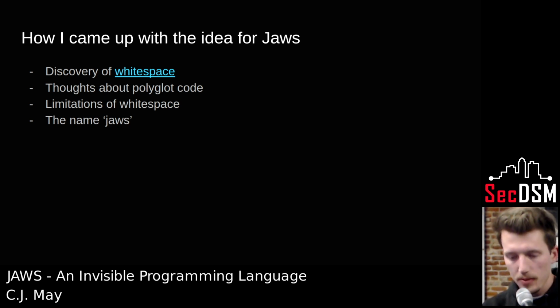The Whitespace programming language was made to be more of an April Fool's Day prank. It wasn't really meant for people to actually use it to do useful things. It didn't even include features to write input and output to files or do any kind of network operations. So really all it could do was print out to the screen, accept input, and make your CPU hot. So I decided to remake my own version of Whitespace, and I decided to call it JAWS,